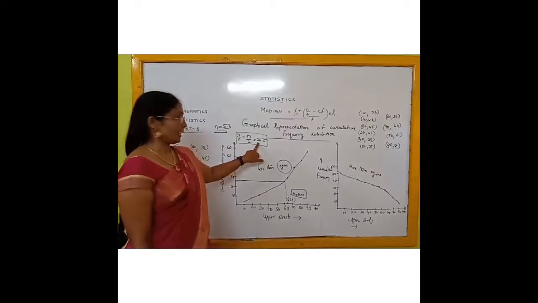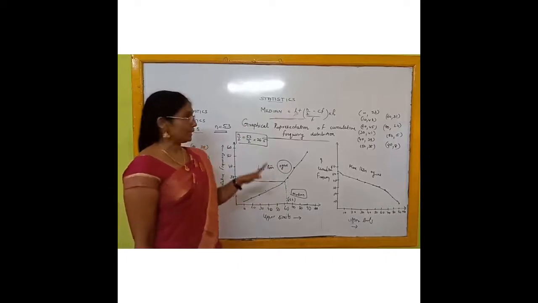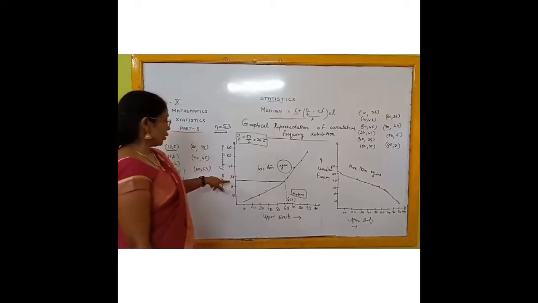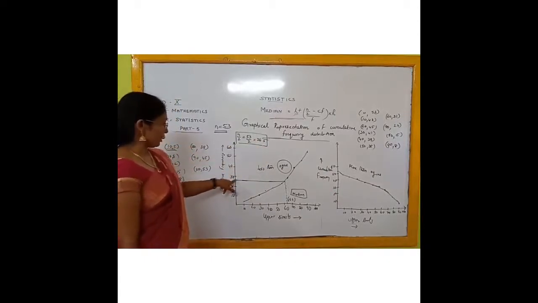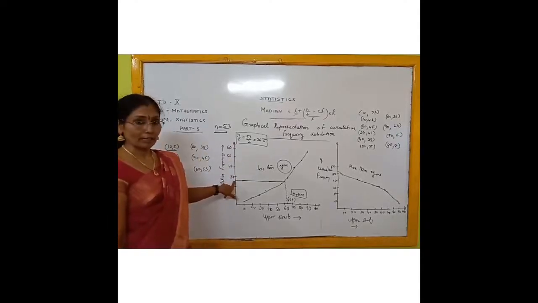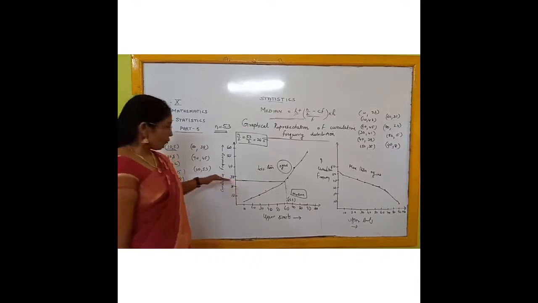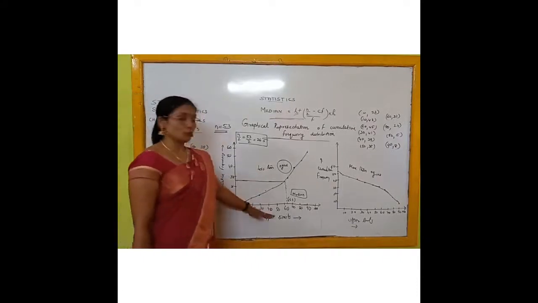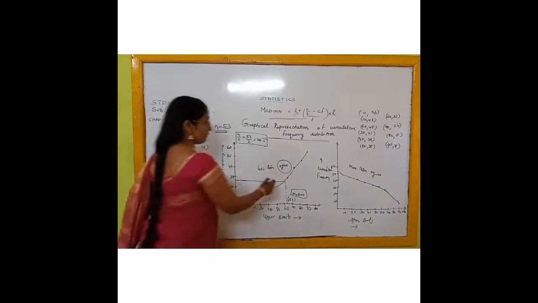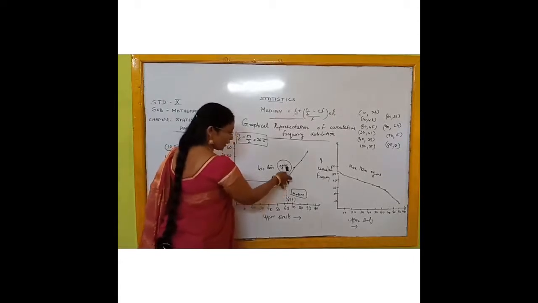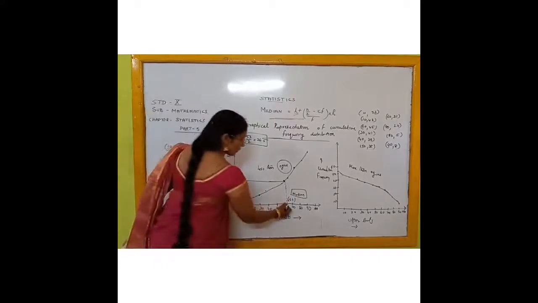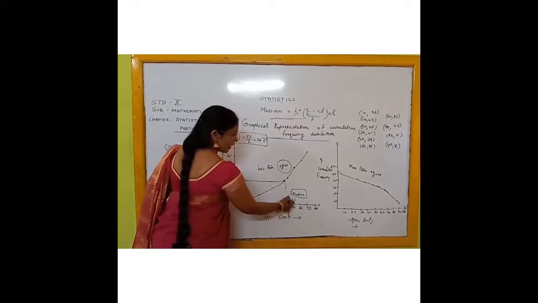Already it was told where the median class was lying. It was lying in the frequency which is greater than or nearest to that cumulative frequency, that means 26.5. So here, on the y-axis, we mark the cumulative frequency 26.5 where it is, and dot it. From there we draw a line parallel to the x-axis until it touches the curve. From there, we draw a perpendicular line towards the x-axis. The point where it touches the x-axis is called the median.